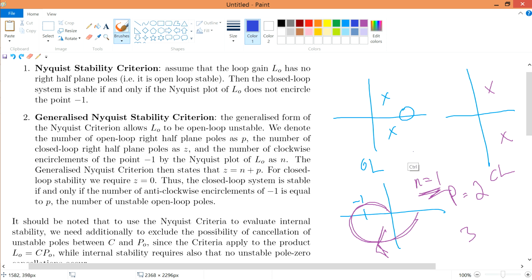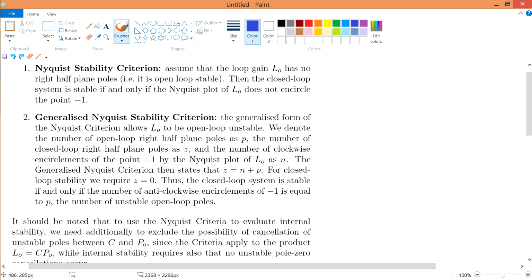But what about the generalized Nyquist stability criterion? This is a lenient way to use the stability criterion, because it's not as strictly defined as the standard one. Why do I say so? As you can see, this is the same contour, and I should label it as open loop. You can allow your open loop poles and zeros all to be here. This is called open loop unstable, but we don't mind. Later on, you'll know how this works. But once you close the loop,